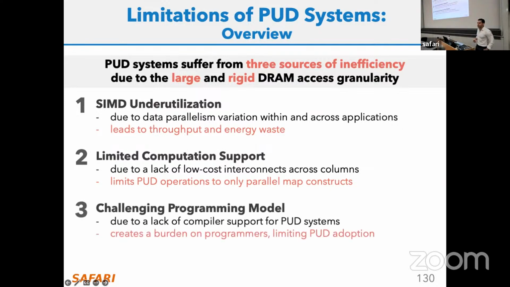Finally, in particular for SIMDRAM and also for PLUTO, you need to program this as if you are programming assembly. You need to go to your code and identify which operations are going to be good for processing-using-DRAM computation. If we have a loop, we need to unroll this loop. We need to insert those processing-using-DRAM operations for addition, subtraction, PLUTO operations, whatever you want to do. And this puts a lot of burden on the programmer. The programmer needs to be quite an expert SIMD programmer to efficiently use this.